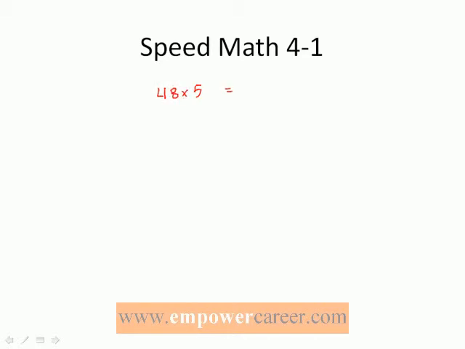Now this is what I need to do. All I'll need is half of the given number. The given number is 48. I know the half of 48 is 24. So all I need to do is take that half and multiply it with 10. You can see multiplying with 10 is as easy as anything. So you have 240 as your final answer.